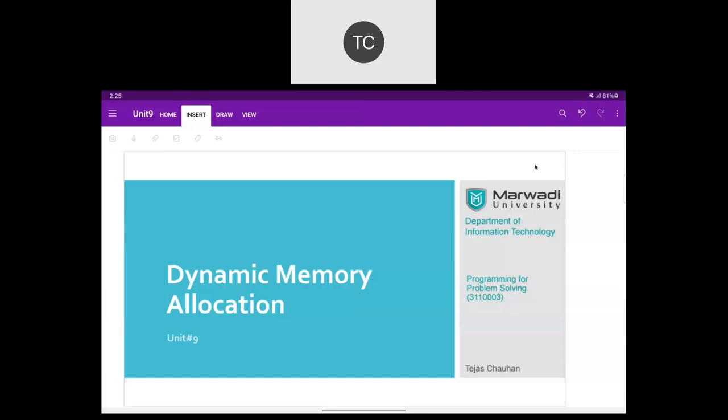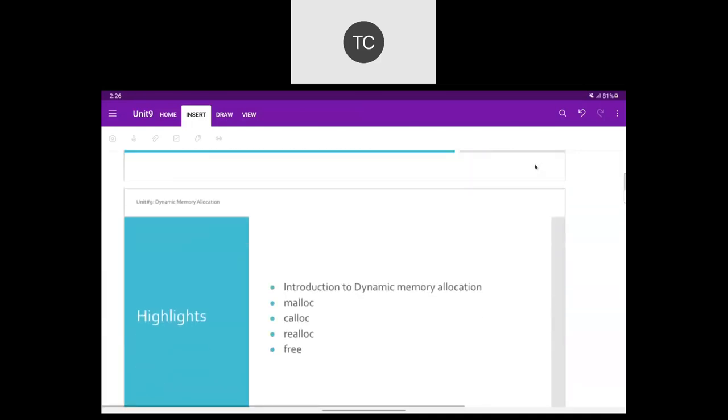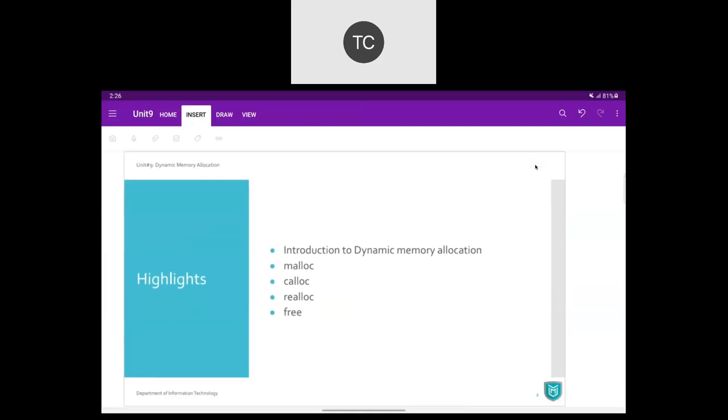Now today we want to start our next unit, unit number 9, the second last unit from the syllabus, which is dynamic memory allocation. Let's go through a few theory points and why we need dynamic memory allocation, and then we'll look at a program also, to see how we can achieve this. First of all, this is what we are going to cover as per the topics given in the syllabus. We'll understand what dynamic memory allocation is, why we need it, and when we need it.